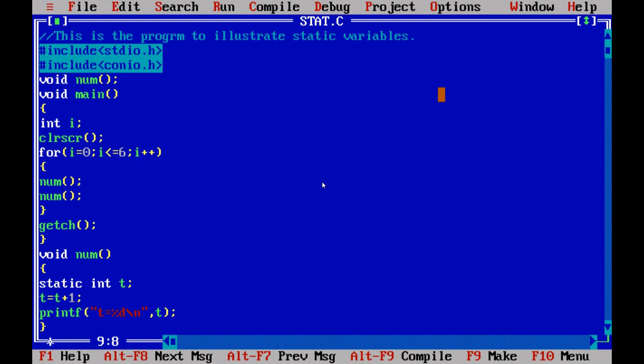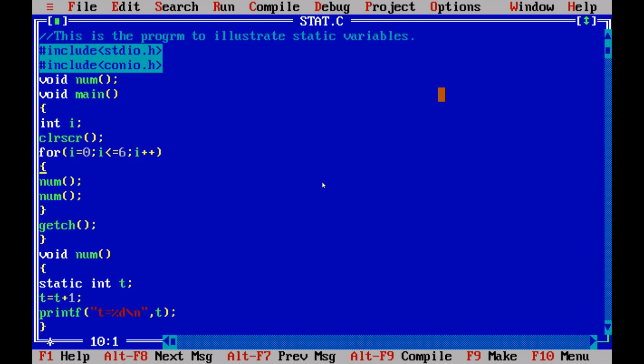When the value of the variable i is equal to 0 for the first time, num will be invoked, right? But here I have given the keyword static for the variable t. It means a single copy of memory will be created and by default the value for that variable will be 0. So here we are incrementing it by 1, meaning now the value of the variable is equal to 1 and that value will be printed as 1.